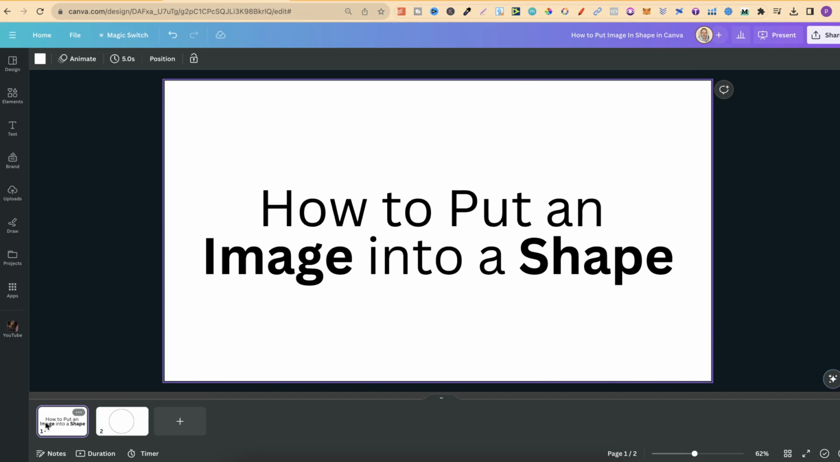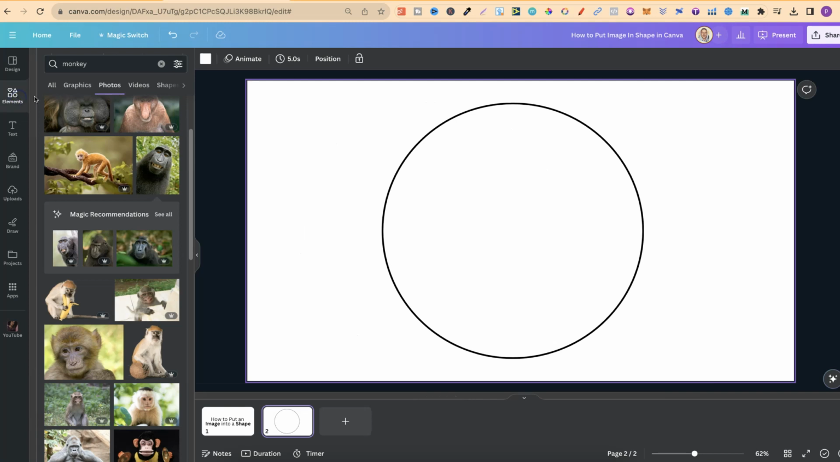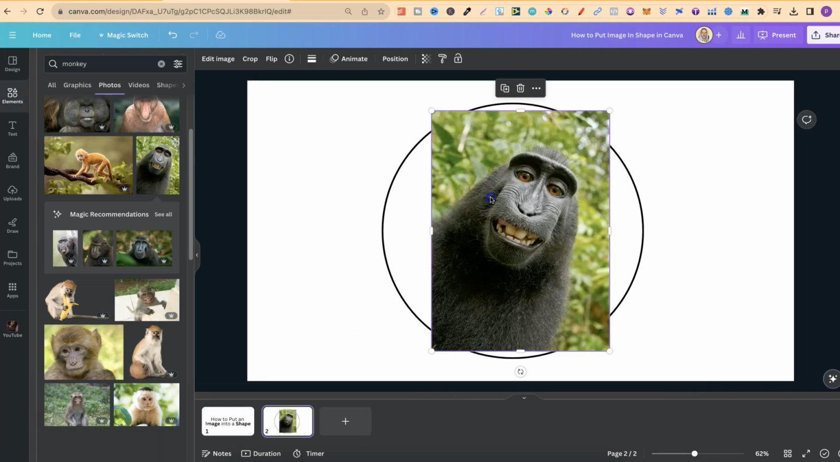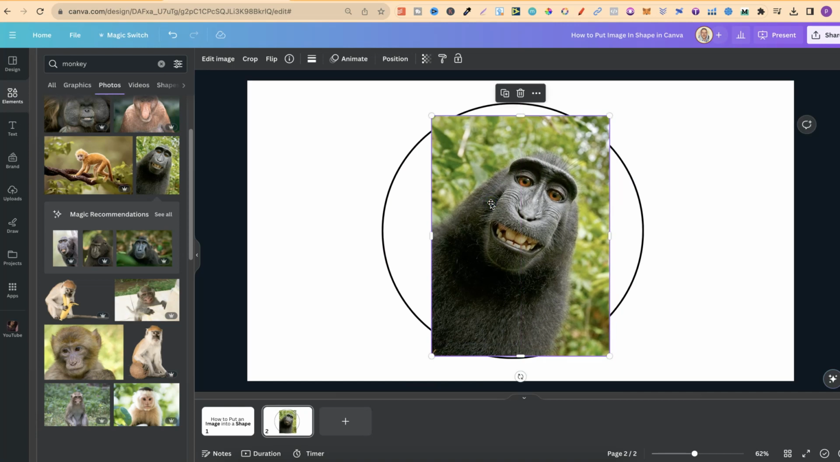In this Canva tutorial, I'm going to show you how to put an image into a shape. Now, when it comes to actually doing this, we can't actually put any type of image into a shape. So I've got this circle just here. If we go to elements, let's choose this monkey. There's no way of actually putting this into a shape, but there is a little workaround, and that's by utilizing